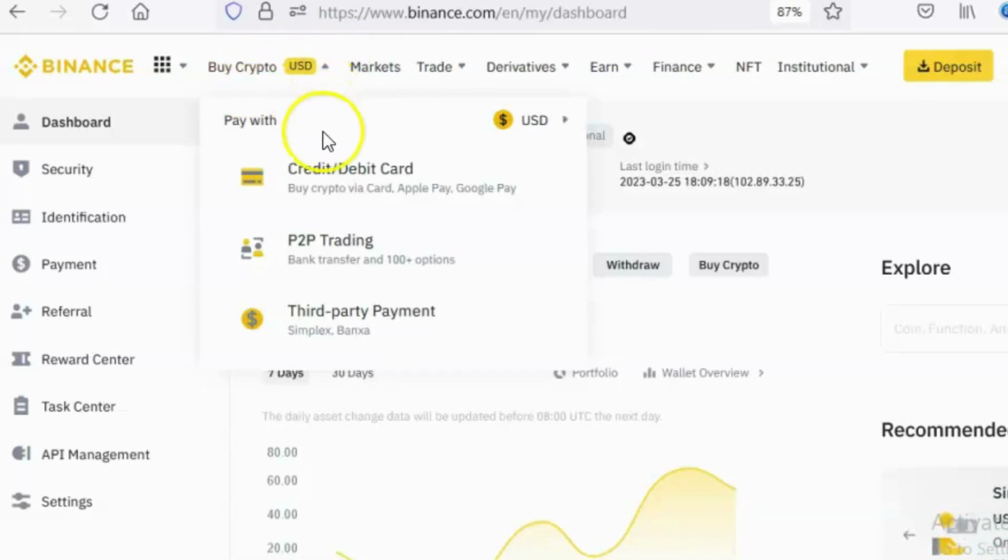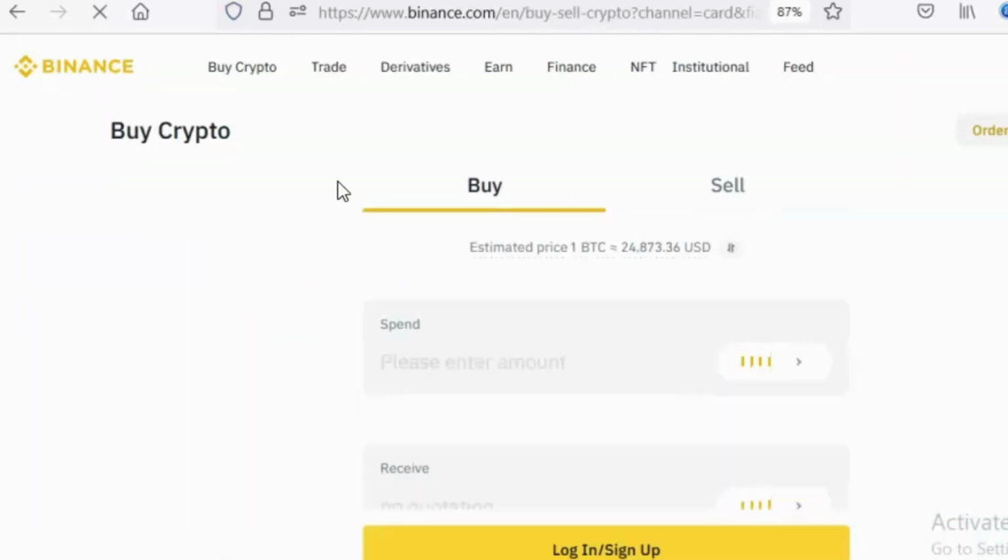So what we have to do now is pick either this option or P2P trading. P2P trading is very, very ideal, whether for buying or selling. But let's explore the credit debit card option. What you do is click that option. Binance takes you to this